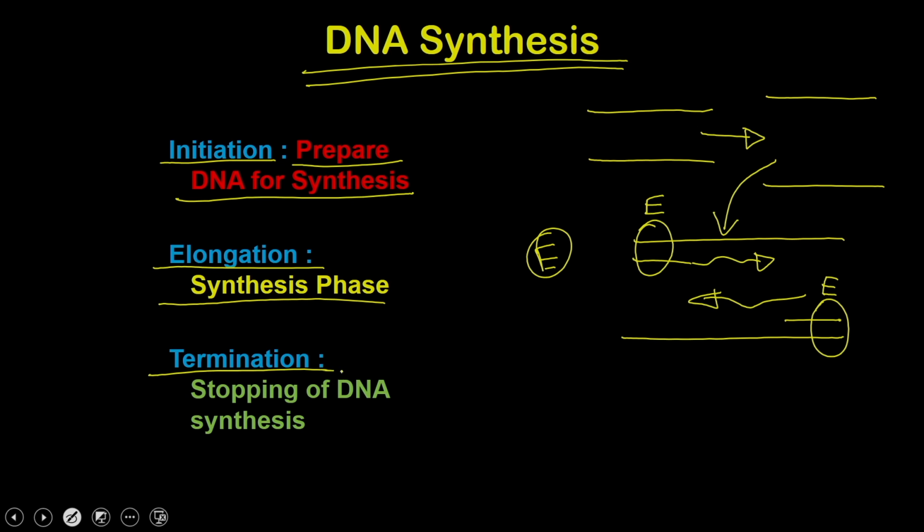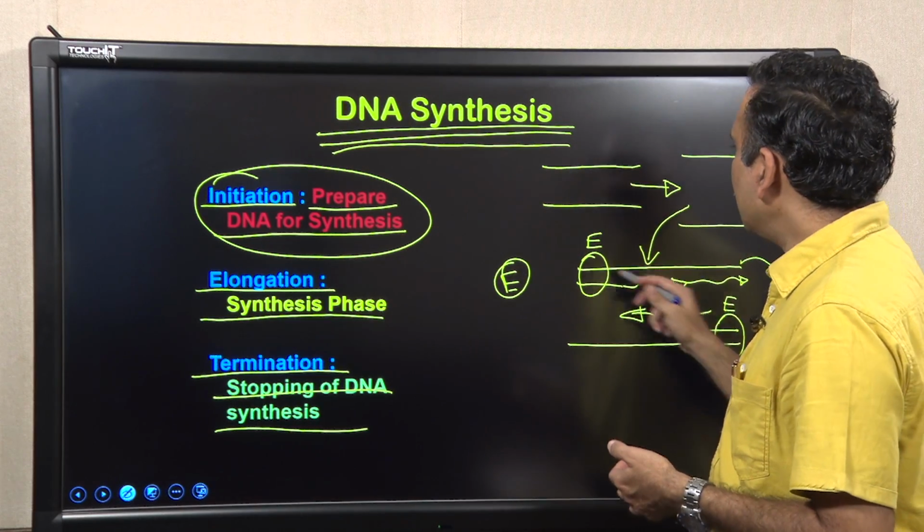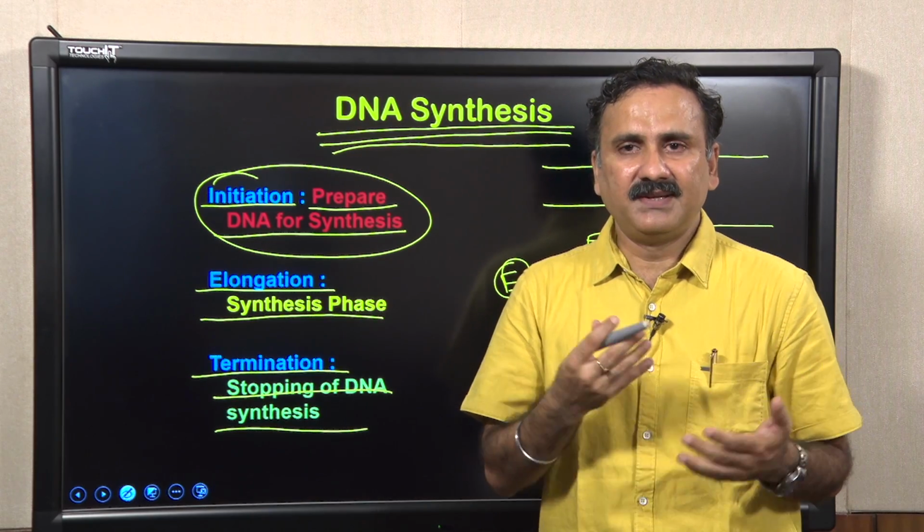And then the termination, where you stop the DNA synthesis. What will happen is, once the enzyme reaches this point, it is going to fall from the strands, and that is how it completes the DNA synthesis and enters into the termination. Now, what you see is that these are the processes we do under DNA synthesis, and what happens inside the cell can be mimicked even outside the cell, because all these events can be controlled without some of the enzymes that you require.